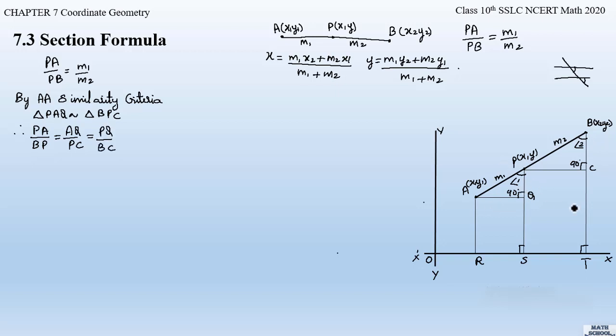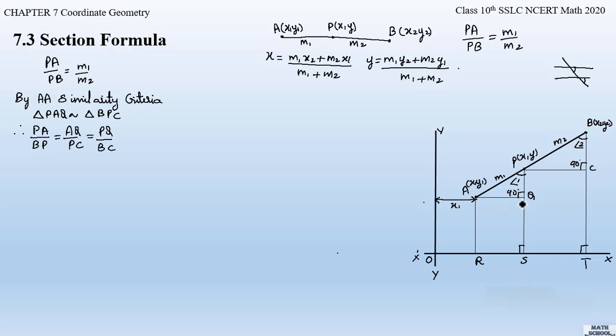So now coming back to the figure, here if you notice AQ, now how to find out the value of AQ? Since AQ is parallel to the x-axis, we will consider only the x coordinates here. To find the distance AQ, first let us see the distance from the origin to point A. What is the x value? The coordinate of point A is x1, right?